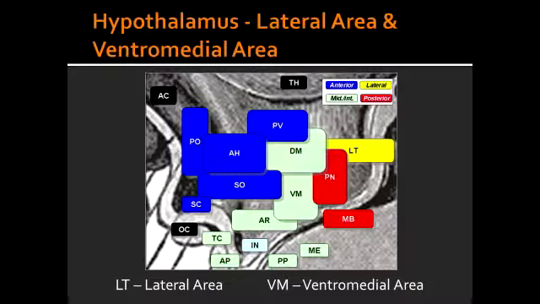What happens if there is destruction of the ventromedial area? In destruction of the ventromedial area, this will lead to hyperphagia. What are some conditions that can lead to destruction of the ventromedial area? Conditions that can lead to destruction of the ventromedial area are craniopharyngiomas. What stimulates satiety and therefore decreases appetite? Stimulation of satiety happens with leptin.